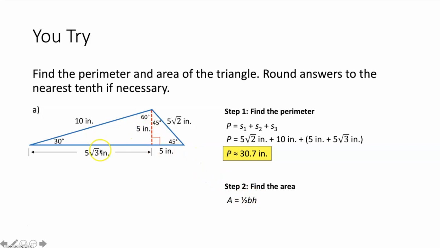We then look, which side of our blue triangle here is perpendicular to our height, our altitude? That would be this side over here, meaning that this must be the base of the triangle that I'm going to plug in for my area formula. So 5 radical 3 plus 5 inches is going to go in for my base. 5 inches is going to go in for my height. And then because the question wants us rounding it to the nearest tenth if necessary, we just plug this in our calculator and we get that the area of this triangle is approximately equal to 34.2 inches squared, or square